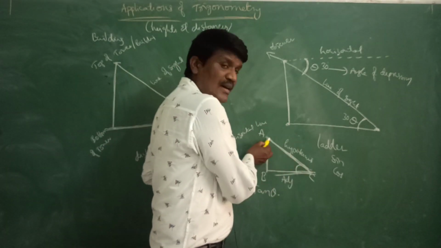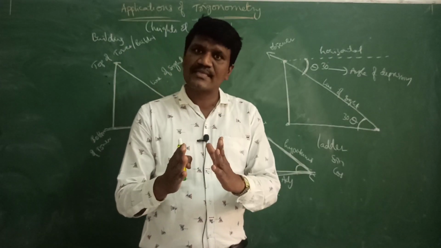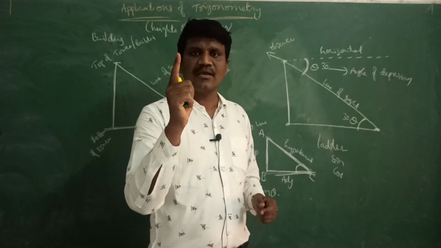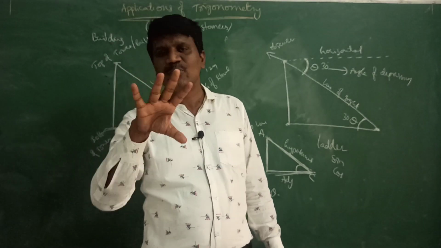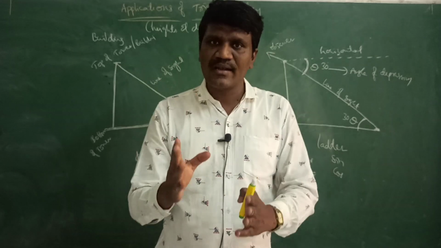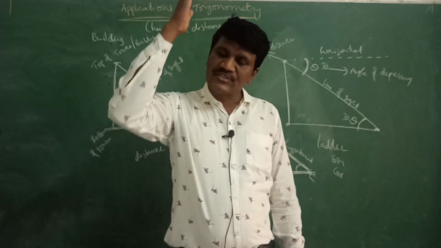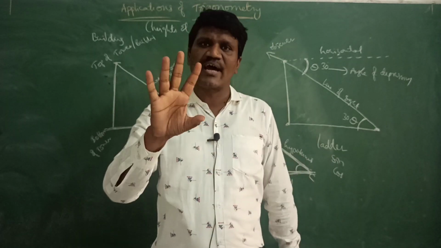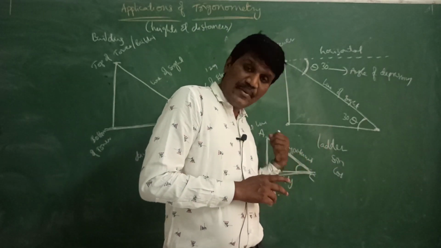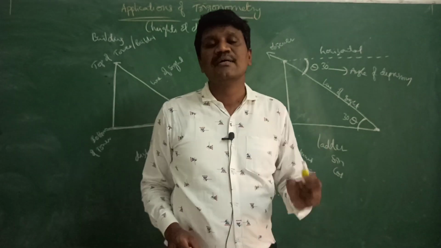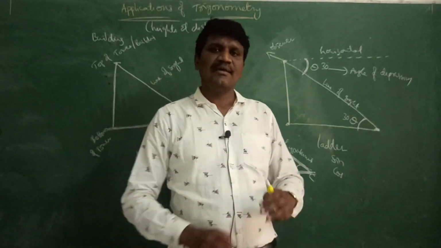Suppose hypotenuse is being asked and the adjacent side is given, then use cos theta. So here selection of the ratio is important. Generally 90% of the time, for buildings, towers and mountains, we will take tan theta only. For problems related to a ladder, wherever the hypotenuse is involved, we will generally use sine. Okay students, so this is about application of trigonometry.